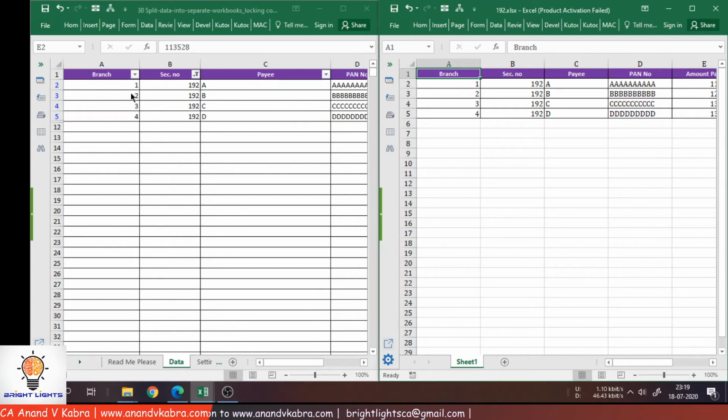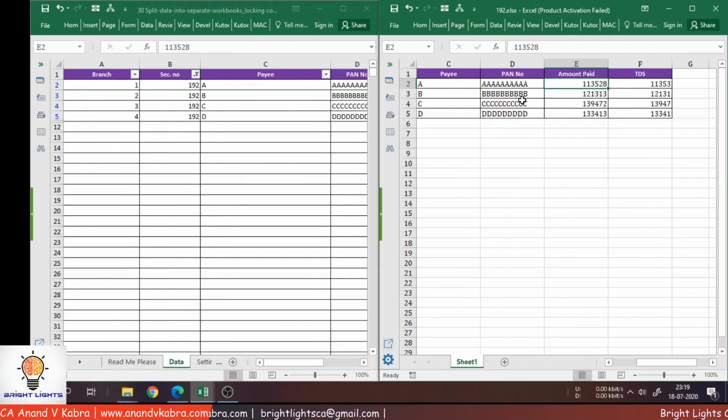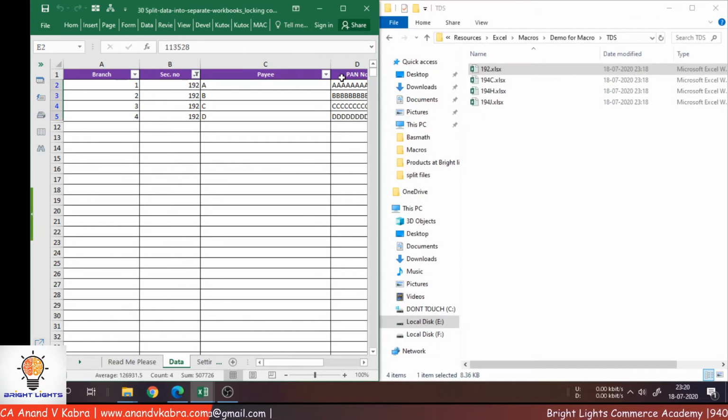See, all those records have been created in this file. All the records are copy pasted here. So that's awesome. Whatever number of records you want to take, you can use this for.